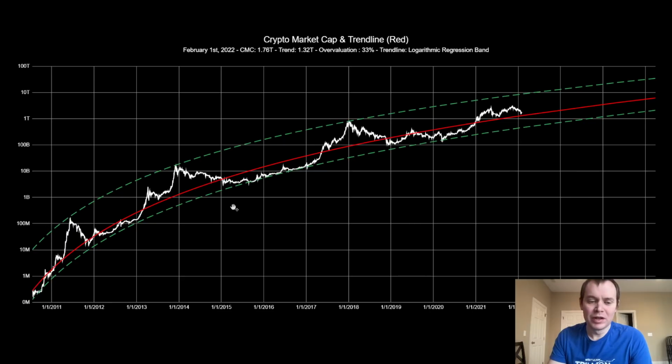Okay, so you can see now we're only about 33% above the fair value. Note that back in mid 2021, we actually came closer to the fair value. One thing to consider again is that the fair value is a monotonically increasing function, meaning it always moves up. It is always slowly increasing. So looking at where we made it to back in the summer of '21, that would actually be considered undervalued today, or maybe slightly right on the fair value.